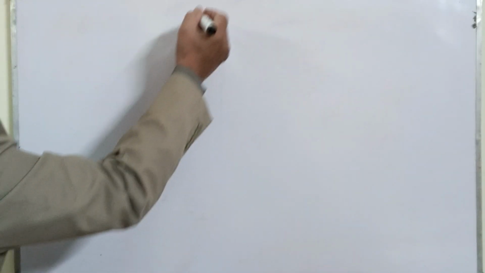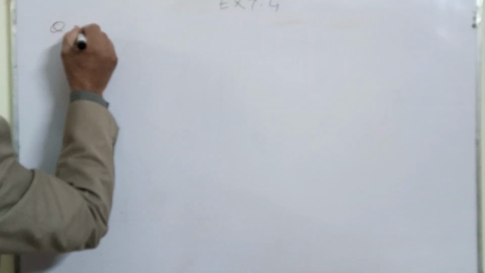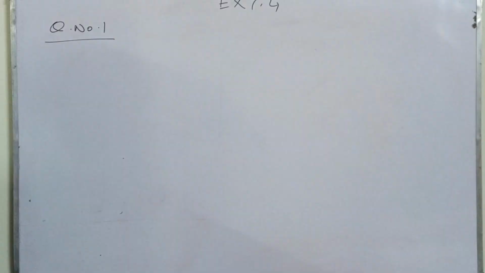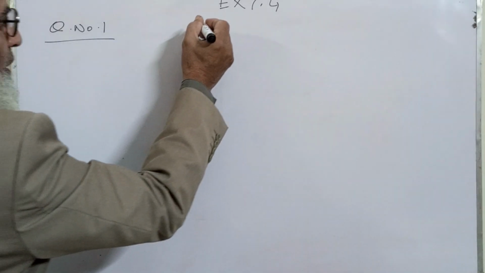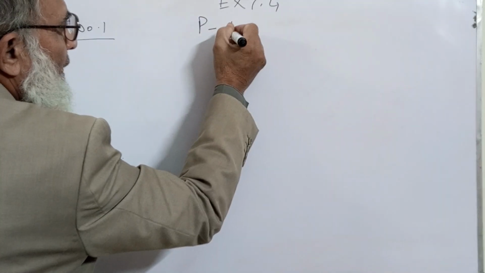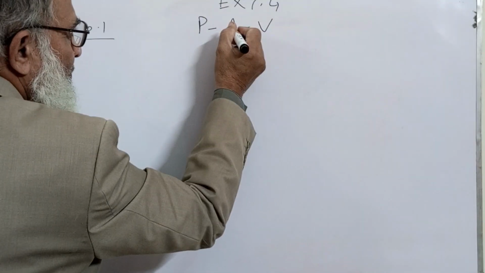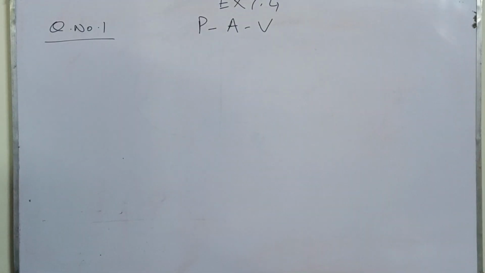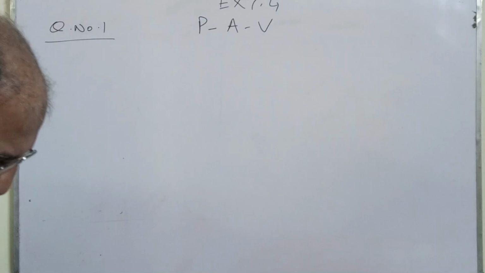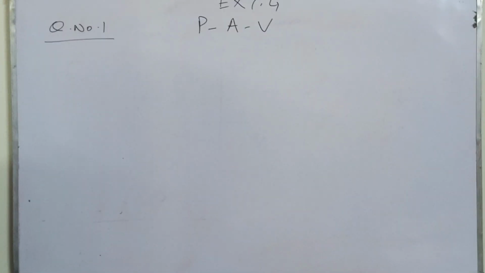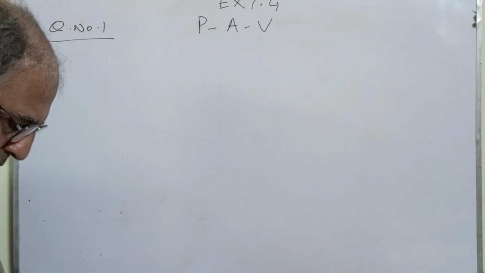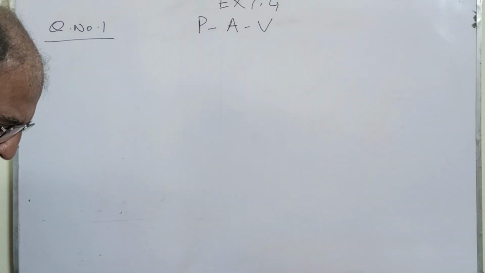Exercise 7.4, question number 1. And you know what we are doing is perimeter, area, and volume, PAV. So the question is about the areas now. Well, my dear students, we'll be doing question number